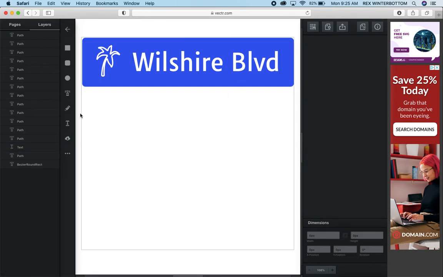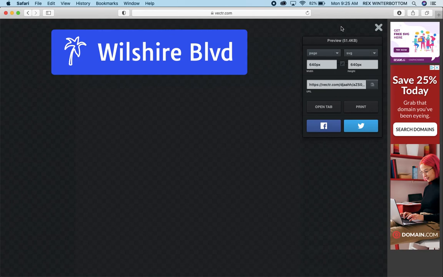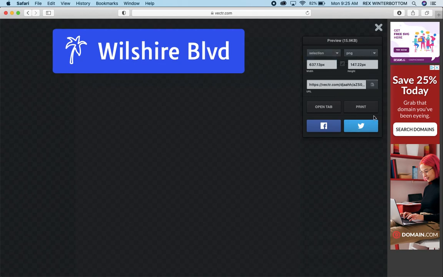So if we make a box around it and select all the parts, we can just export that. SVG would actually export a scalable graphic. PNG is good for the website. And then we're going to do selection. And then